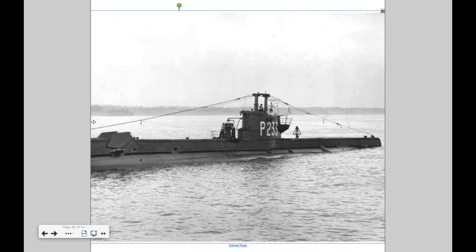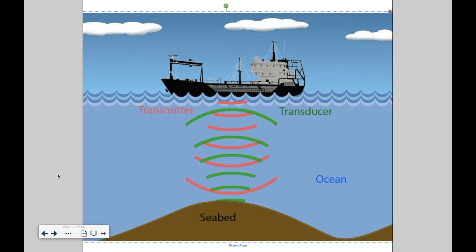And submarines being threats to ships in World War I and World War II and into the modern era have resulted in the production of a technology called sonar. Sonar is a technology that is very similar to what we would think about with bats. Bats give off signals through echolocation that bounce off of objects so that they can detect what objects are near them or where bugs are to be able to catch them, because most bats are insectivores, meaning that they eat insects. Well, we sort of took a cue from that natural example of echolocation and developed it into a system